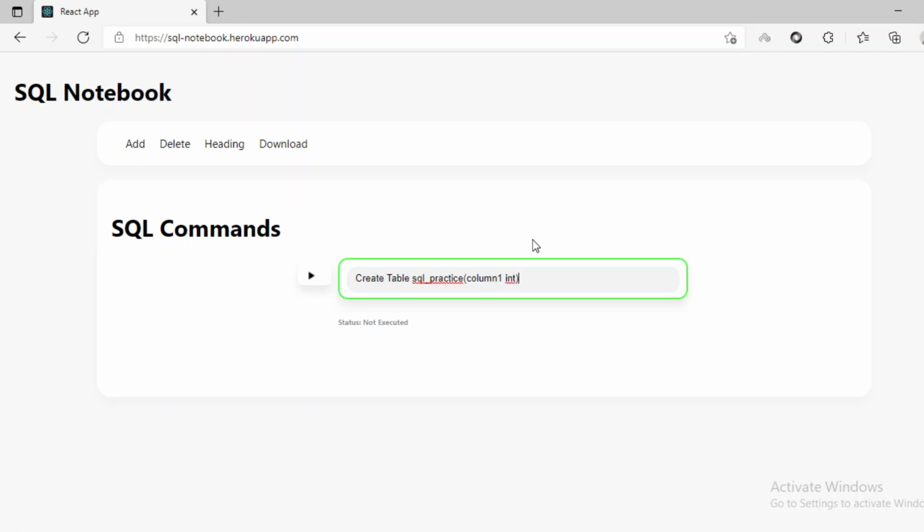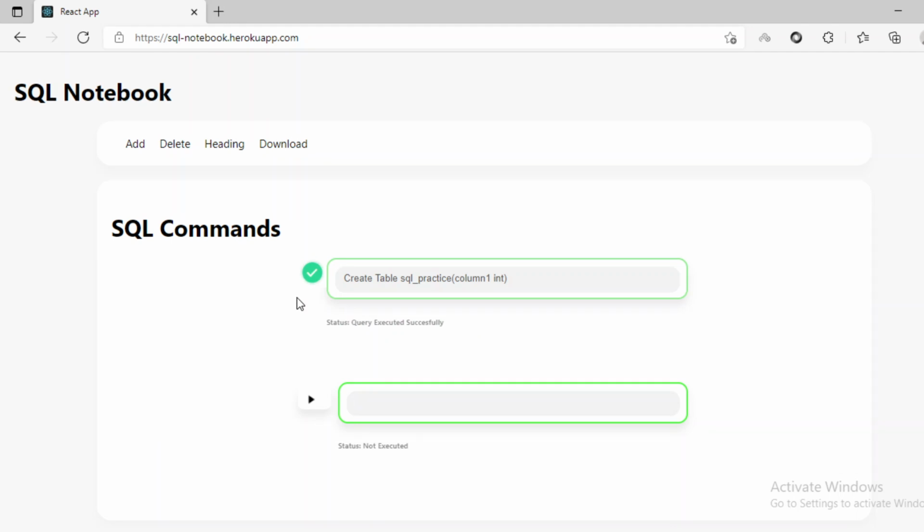You can execute this cell by pressing enter, or by clicking on this execute button. So let me click on this execute button. This query is executing currently. As you can see, the status is executing. Okay, so as you can see, the query is successfully executed now.